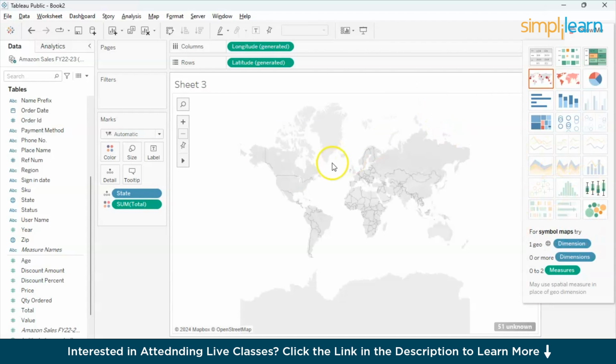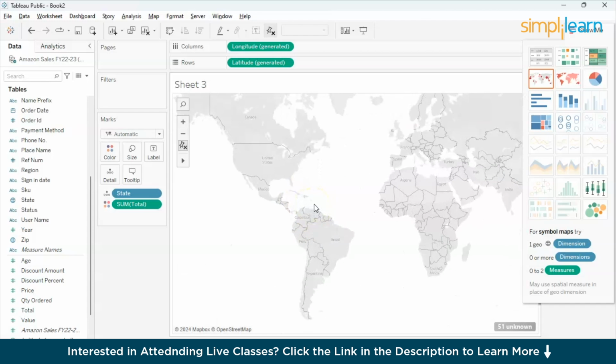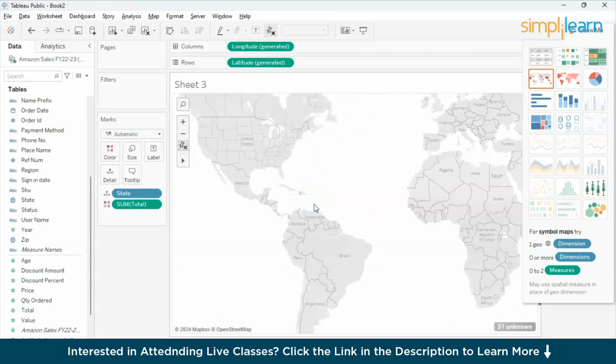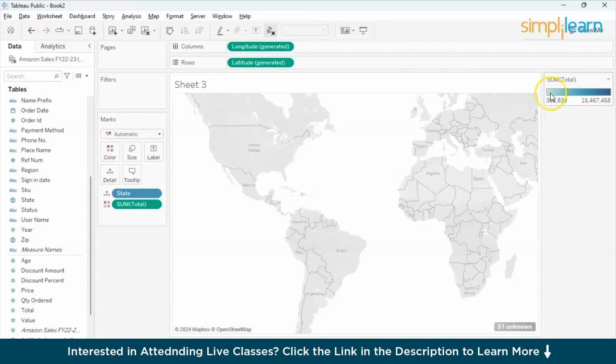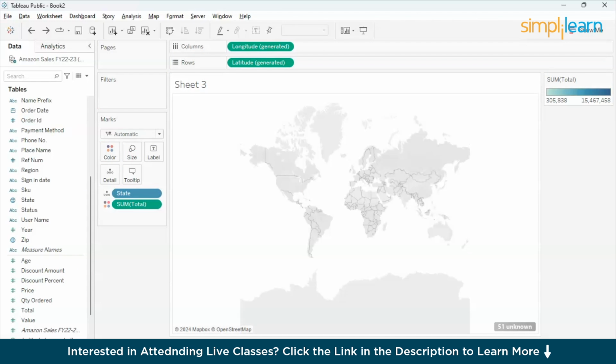And for some reason I'm unable to get this particular region over here. Maybe it is because of the paid version, since Salesforce has taken over Tableau. I think we might have some issues over here, but still this is how it works. And I think you can also get an option over here to identify which particular state has done what. You can push the state into the label option, and you can get the labels here. State wise revenue,